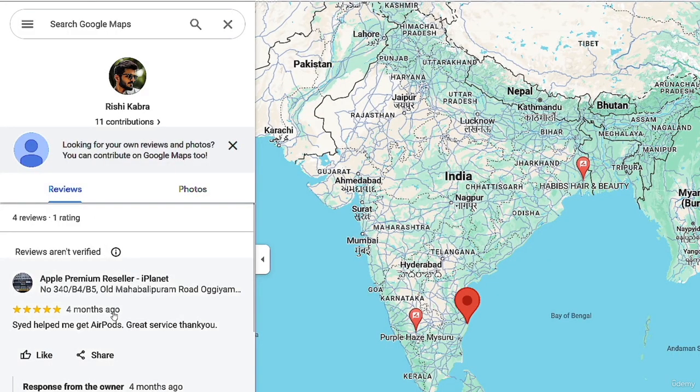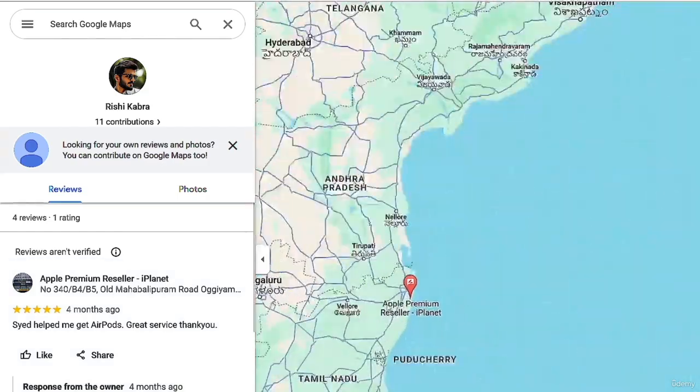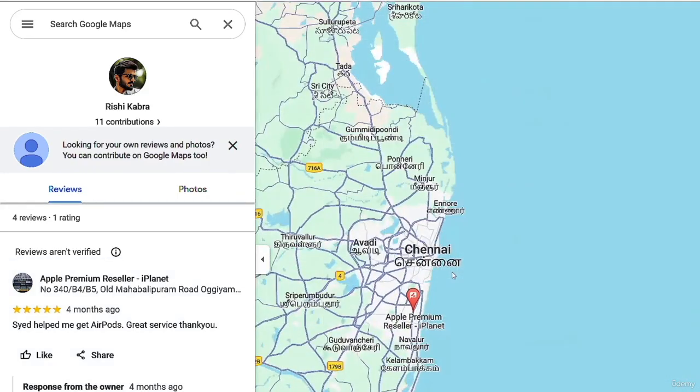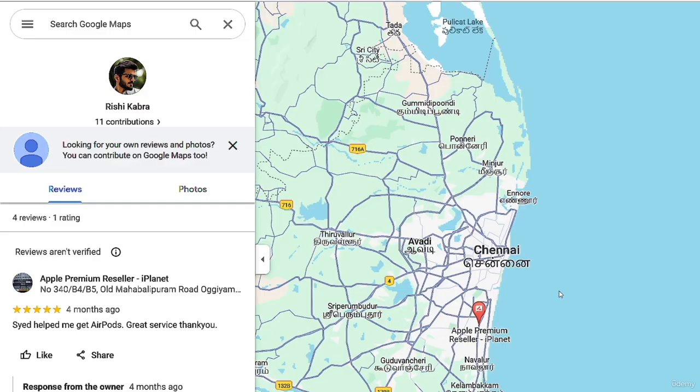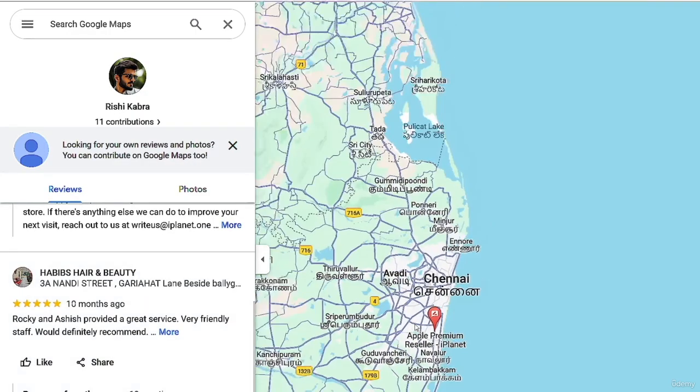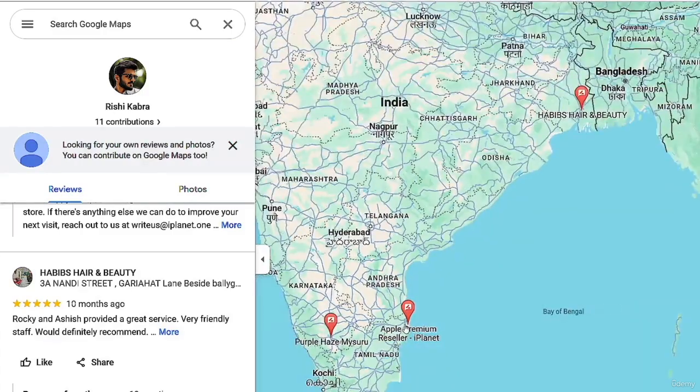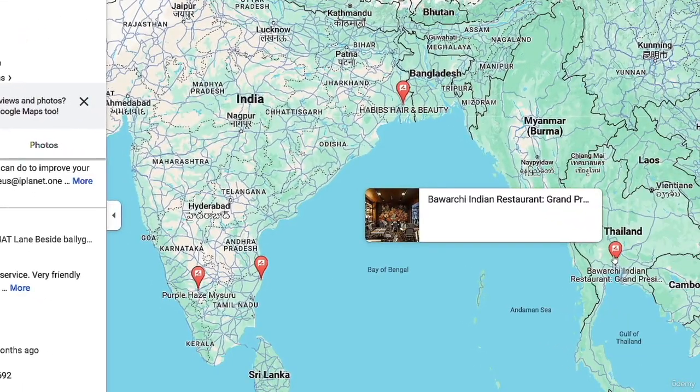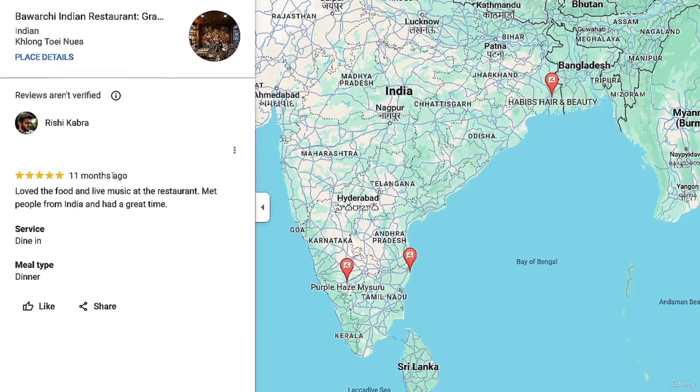And 4 months ago, he was at this Apple premium reseller in Chennai. And we already know that he lives in Chennai based on the information that we gathered from his social media accounts. We can also see all the cities that he went to. For example, here we can see that he went to an Indian restaurant in Thailand, and we can see when was this, which was 11 months ago. So this will give us an estimation of which city he lives in, or which cities or countries he visited,